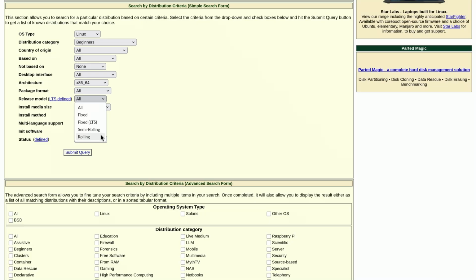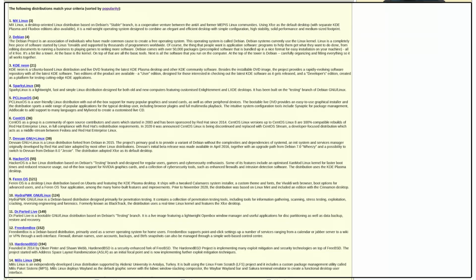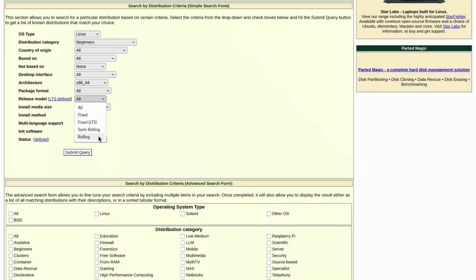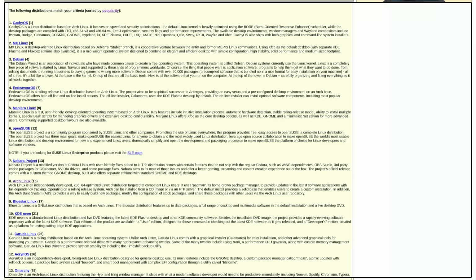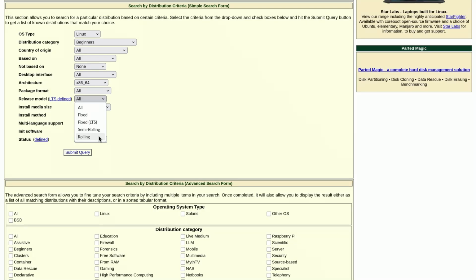Next is semi-rolling and rolling. These distros do not focus on releasing a new version every year. Instead, they focus on constantly updating their current ones. So, if you select a semi-rolling distro, you will receive updates constantly, sometimes every 2 to 3 days. In case of rolling release distros, you will receive updates almost every day, meaning you will always have the latest features. But in amateur hands, they can be more prone to breaking, whereas fixed release are considered more stable and safe for beginners. So, in my opinion, fixed is the best option here. But if you like a little bit of adventure, you can go with semi-rolling.